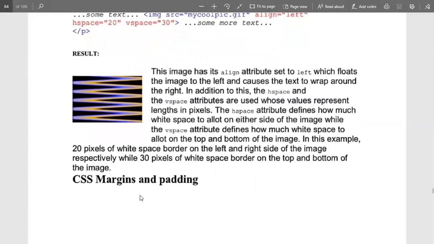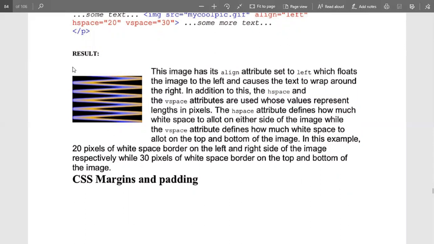Now the image has an align attribute set to left, which floats the image to the left and causes the text to wrap around to the right. And that is done with the help of the alignment attribute also. The hspace attribute defines how much white space to allot on either side of the image, while the vspace attribute defines how much white space at the top and at the bottom.